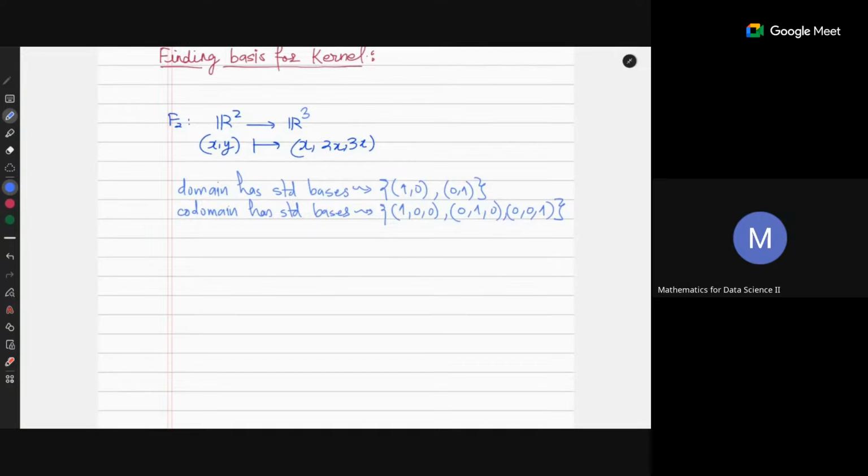So now what's the first step? We need to first write down the matrix presentation, right? So how do we do that? So first step is to write down the matrix presentation. Which basis we need to start? 1, 0. Right. Image of 1, 0 is 1, 2, 3. And image of 0, 1 is